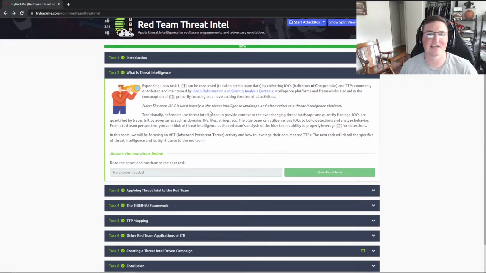These are companies that take everybody's CTI and compile it for people to use, so if you think someone attacked you, you can look for those indicators of compromise and see, hey, this might be this APT based on what they've done in the past.